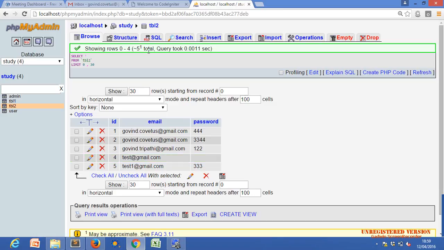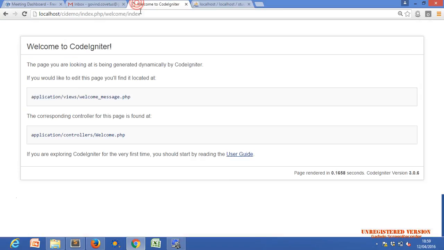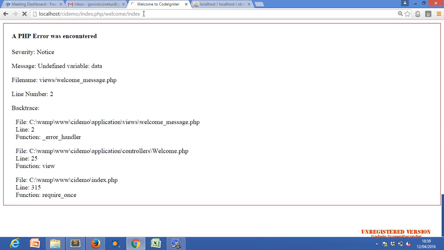Maybe this configuration setting could be wrong. Index method, the same method. Error, there's an error. Undefined variable data view message. Welcome_message and number 2.